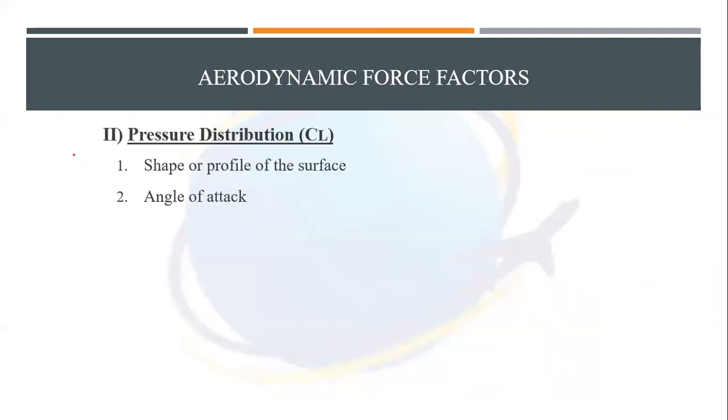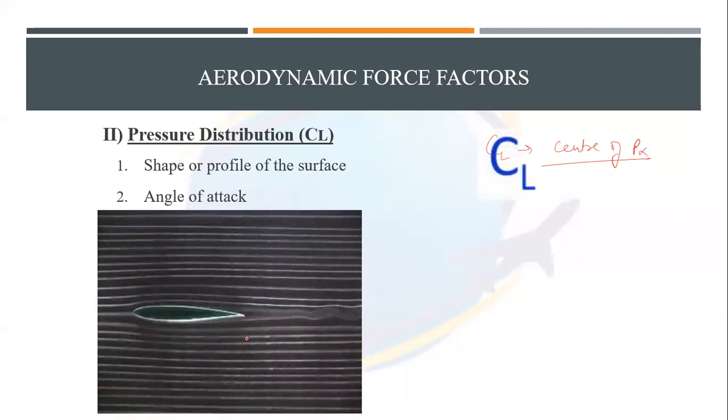Okay. The second factor is my CL. Now most people will know what CL is, right? CL is the aerodynamic force coefficient, and in terms of lift, it is known as the lift coefficient. So what is this lift coefficient dependent on? It is dependent on the center of pressure. That is why it is known as pressure distribution. All right. You can see it is directly dependent on the angle of attack. This you also know right now.